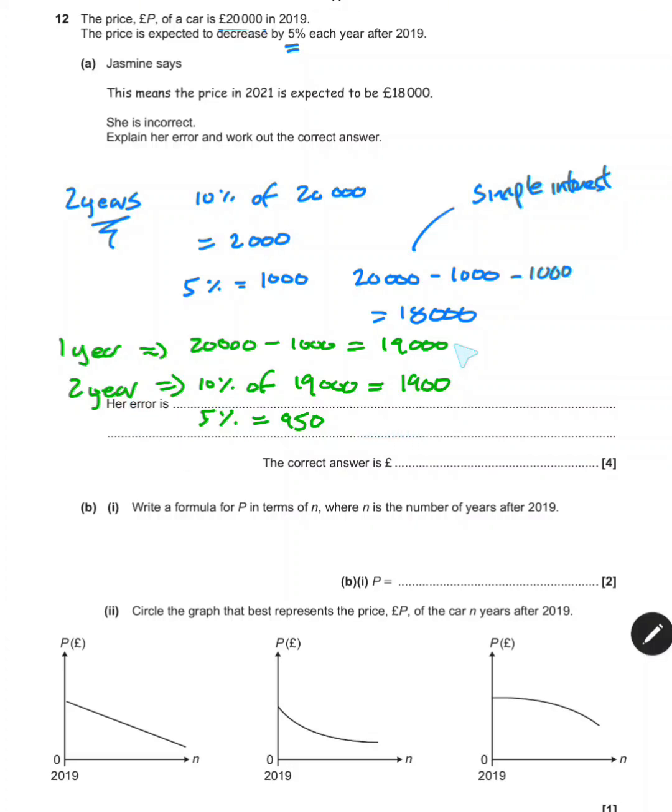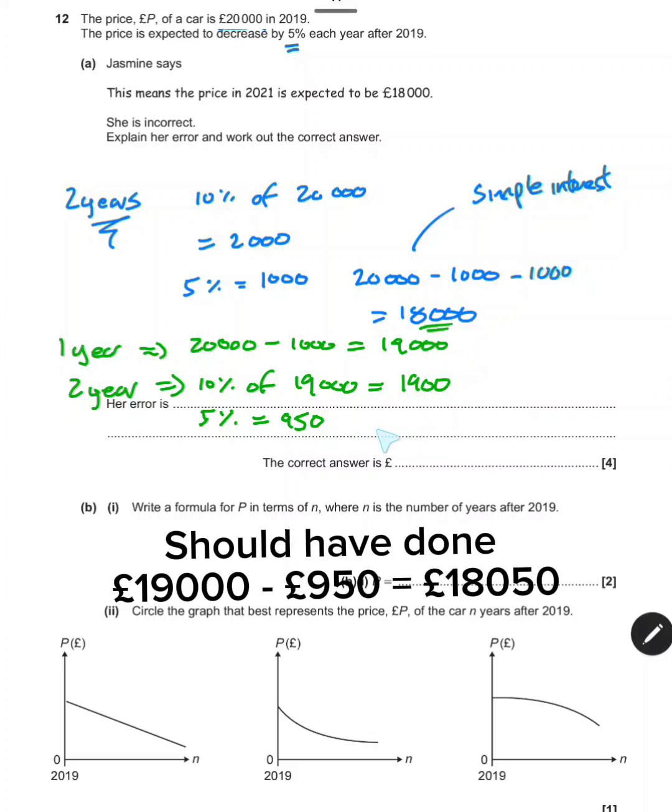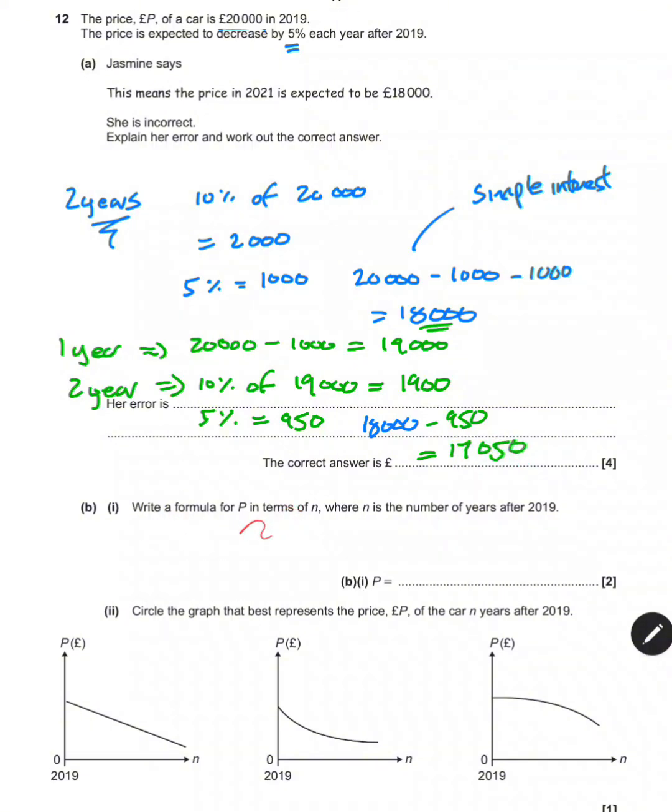So after the second year, we're going to do 18,000 take away 950, and that's going to come to 17,050. Part B says write a formula for P, which is the price of the car, in terms of N,